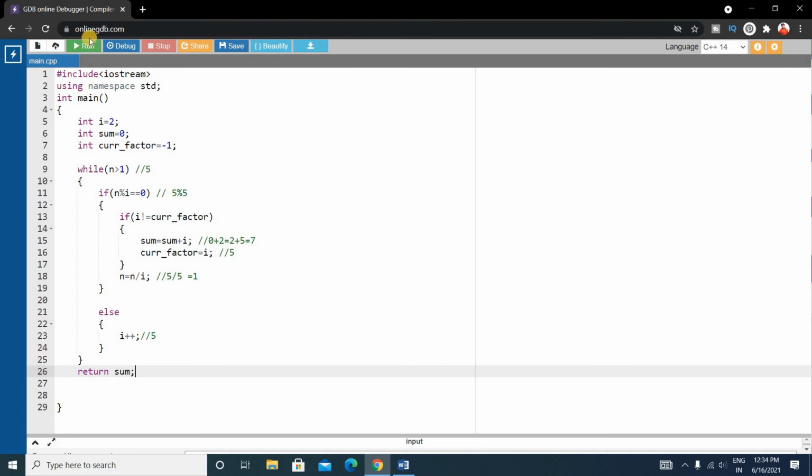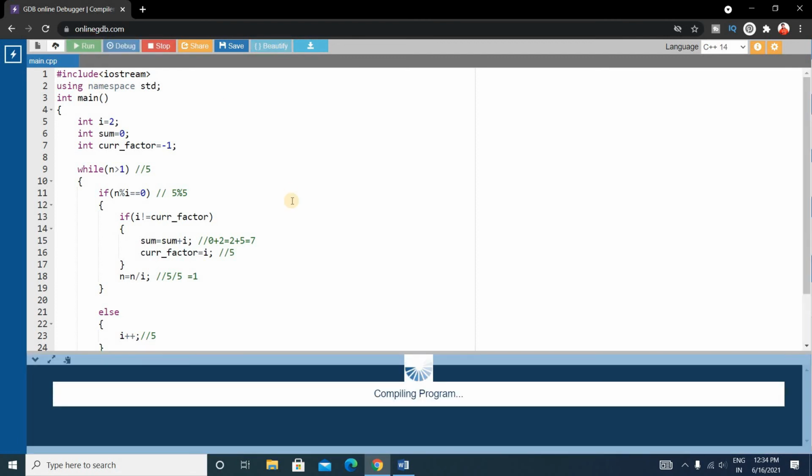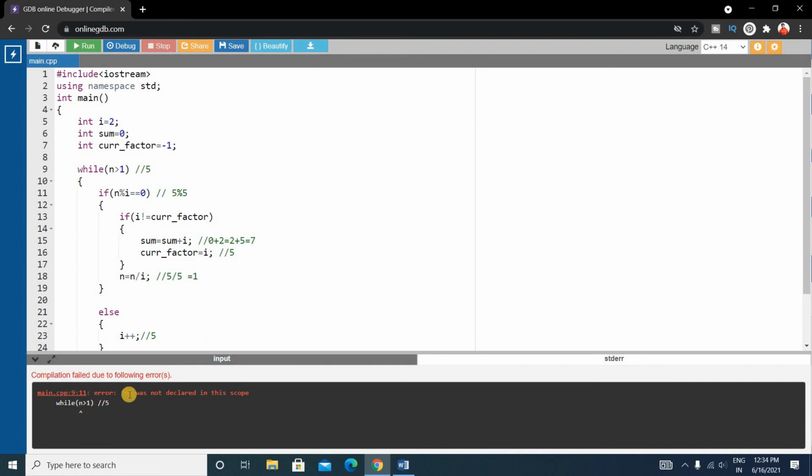So let's run this. Okay, there is an error in line number 9: n was not declared in this scope.